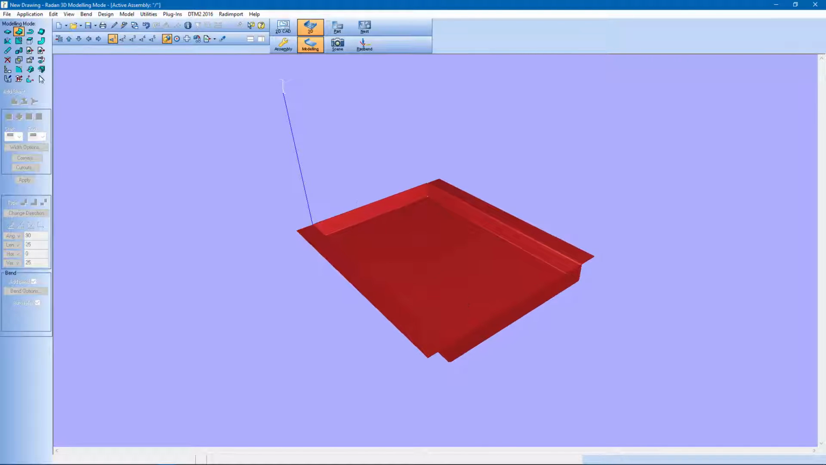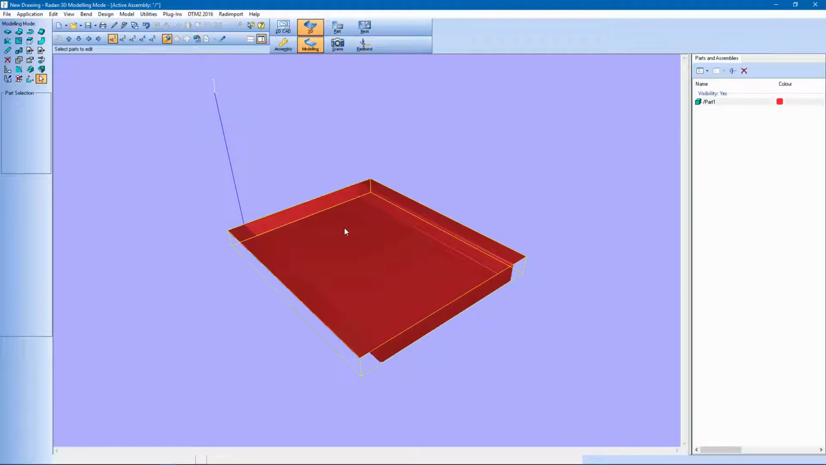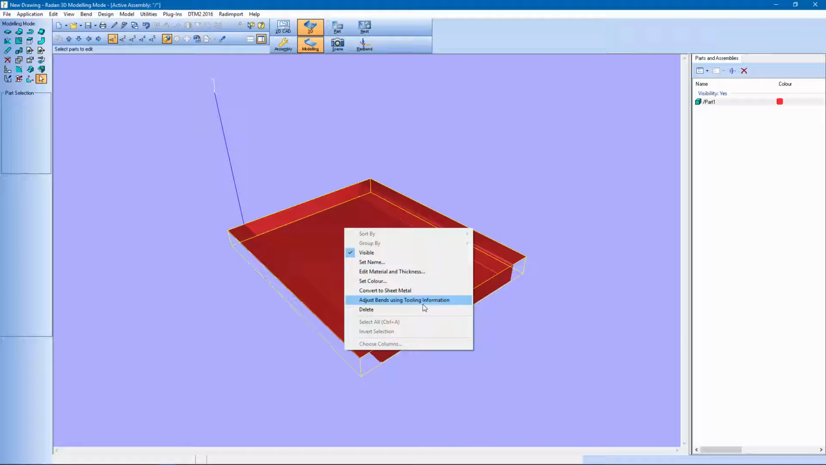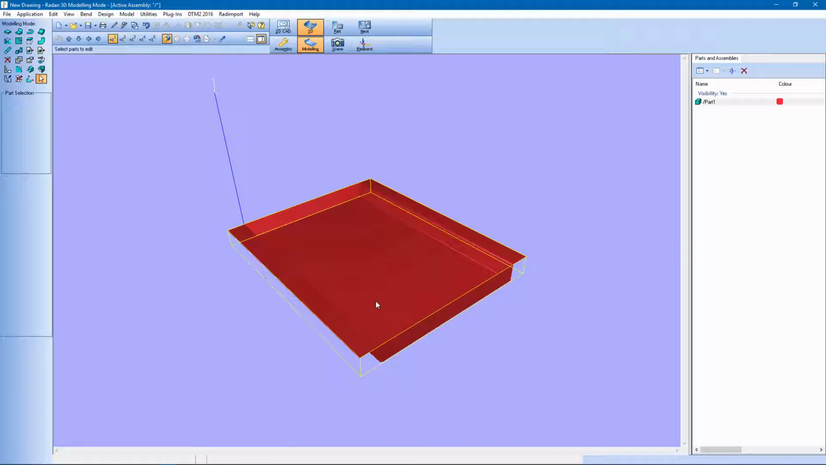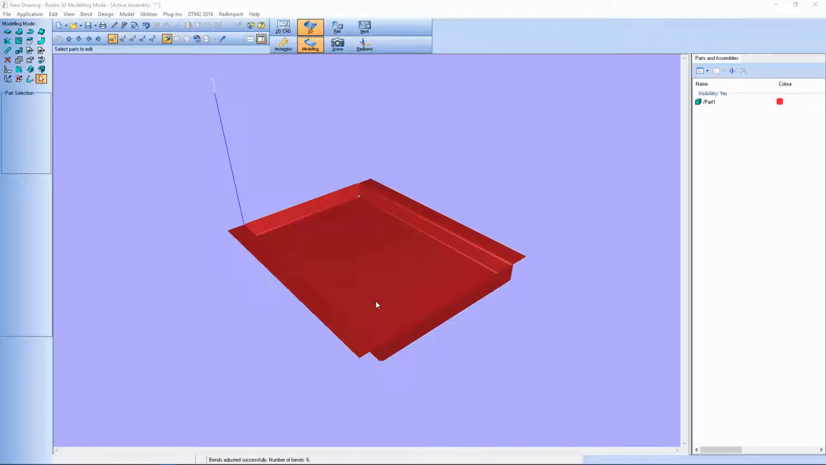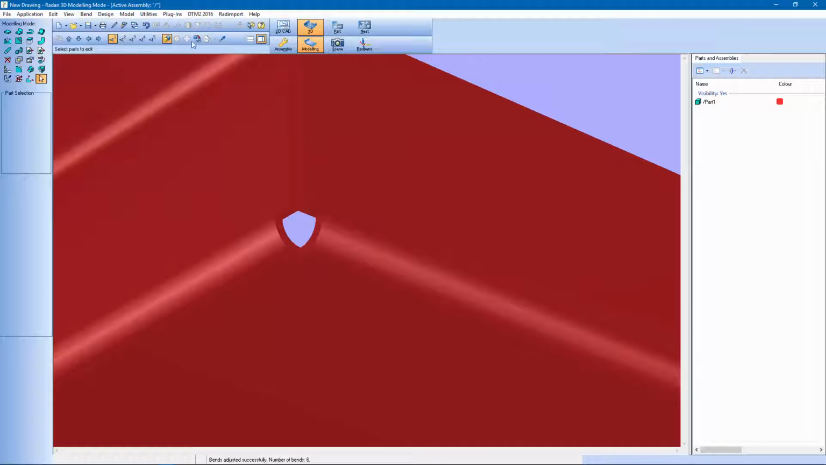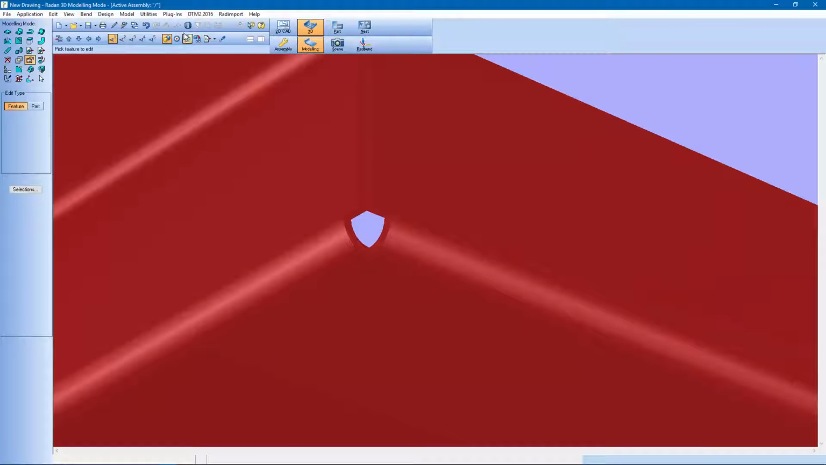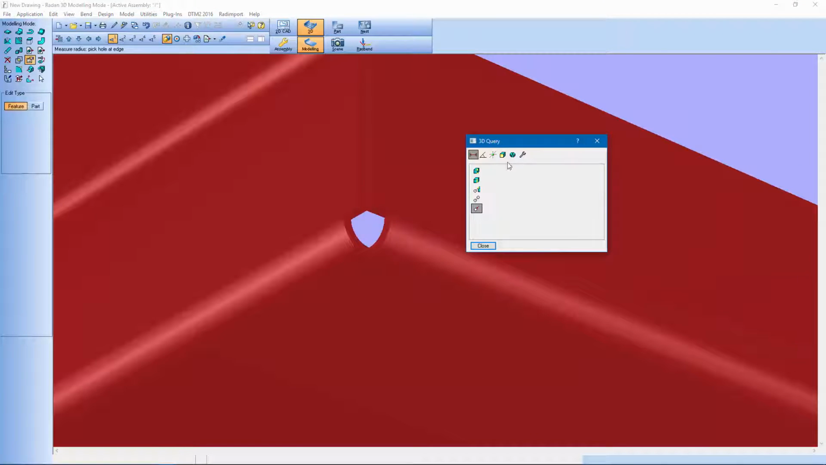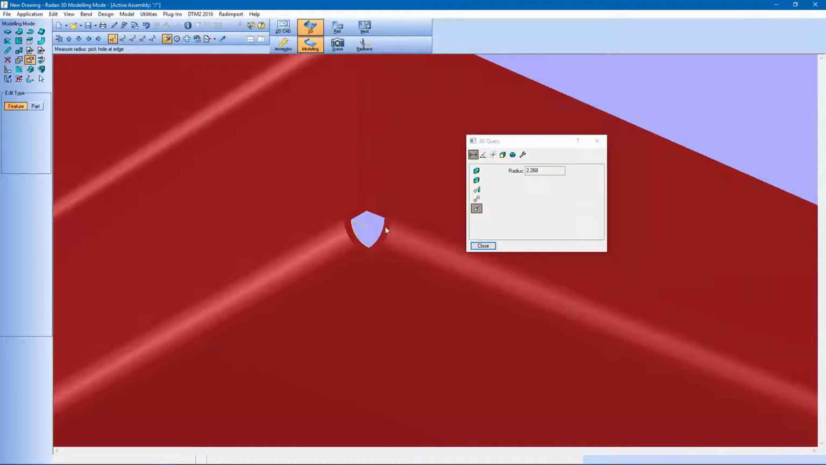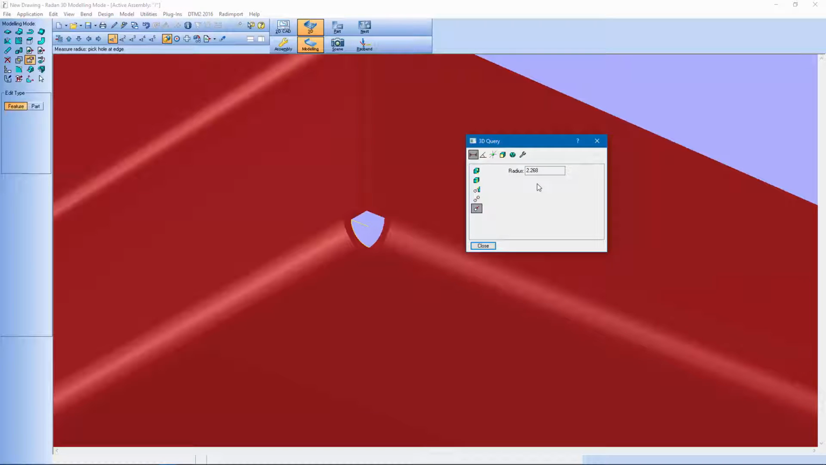So using my context menu, if I select the model, right click and then say adjust bends for tooling information, what this does is it goes off and interrogates my Radan tooling database and then adjusts the 3D model to suit the tooling that I have on my default press brake. If I now re-interrogate that bend, you can see that it's adjusted the model to suit the tooling that I have available to bend this particular